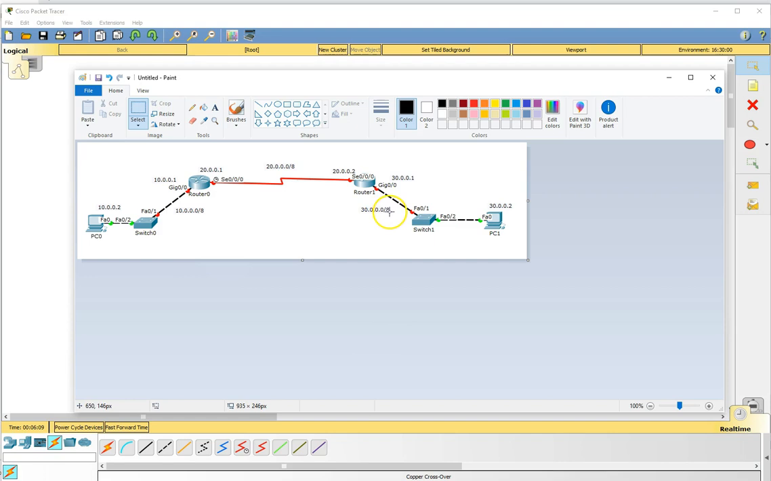The third network is this network, and we give it this IP address, which is 30.0.0.0, and also we are going to change the first 8 bits. Why are we going to change the first 8 bits? This will be explained in the next lessons. This interface, which belongs to the same network, will take 30.0.0.1,